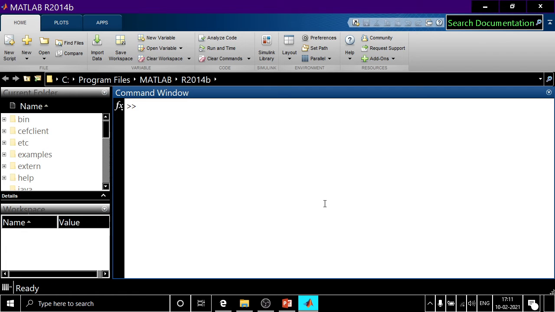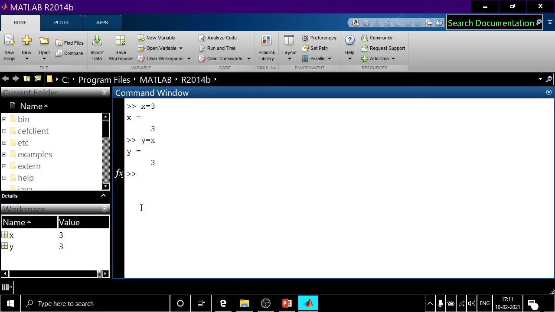So the first one, what was there? X equal to 3. Enter. Oh, x equal to 3. You got the output. Now, you see this is our environment, workspace. Variable is created, x, its value is 3. Now, what we'll do here, y equal to x. So, what does it mean? Another variable is generated, y, its value is 3.